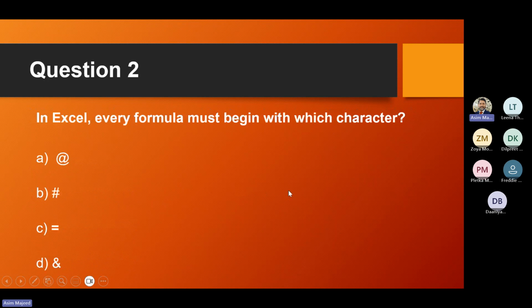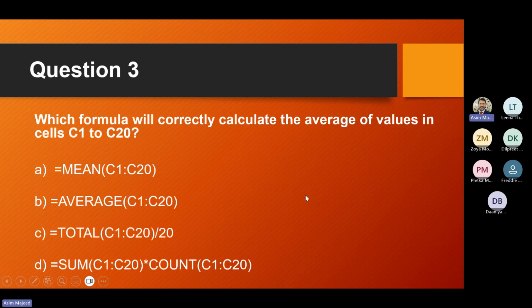So in Excel, every formula must begin with which character? Can anyone just answer this question, please? Just unmute yourself and say the option. The equal sign. The equal sign. Fantastic. Yes, brilliant. So let's move on to the third question, which is, which formula will correctly calculate the average